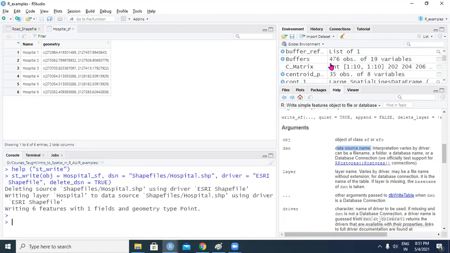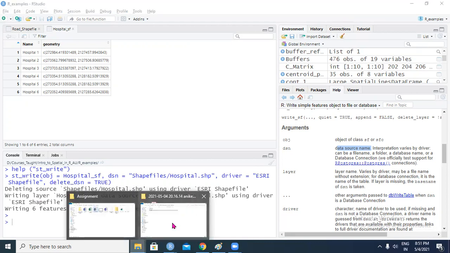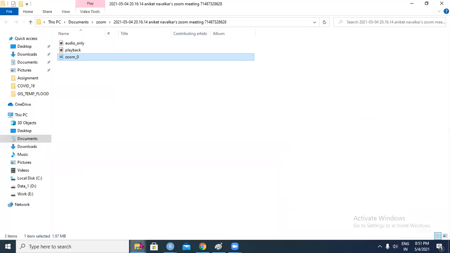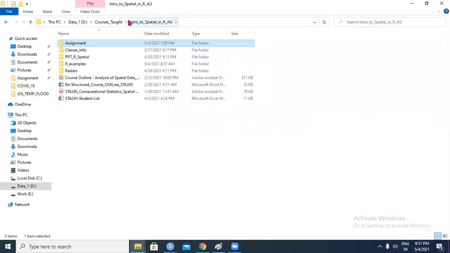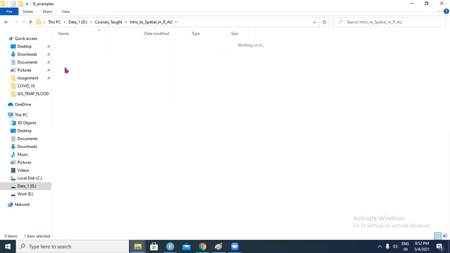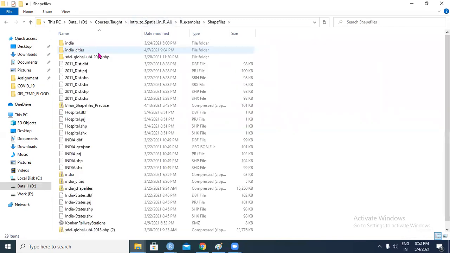okay, here. So it deleted one because I already had one. I was trying this before. So it already had the hospital.shp, and then it wrote 6 features into this particular directory for the geometry type point. And then okay, there we are. Shapefiles.